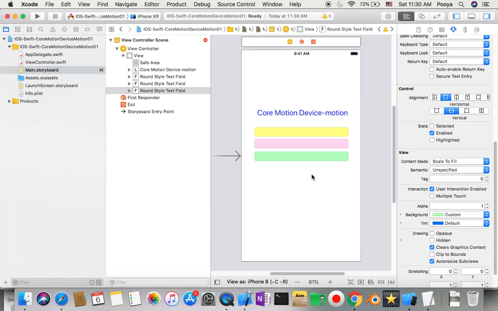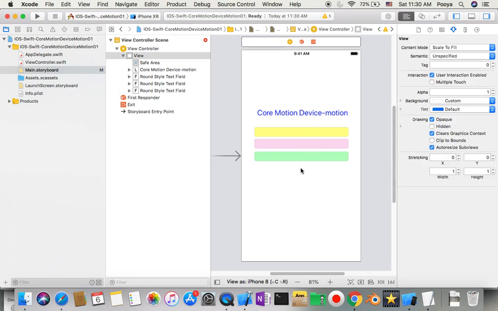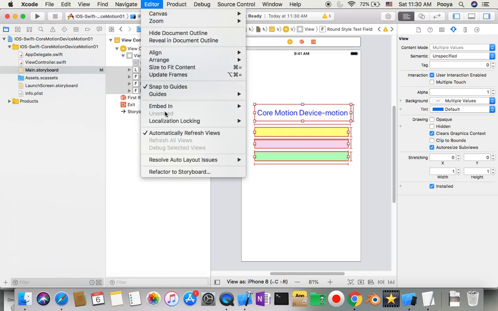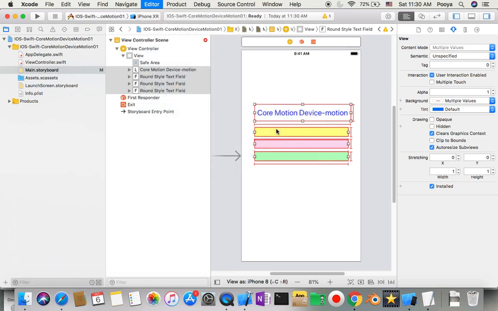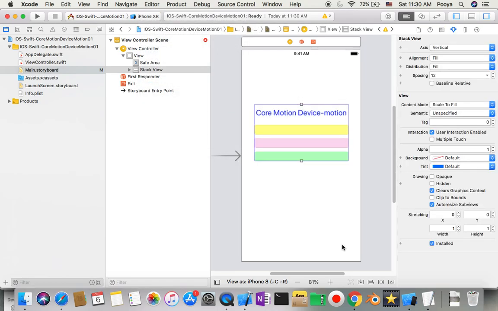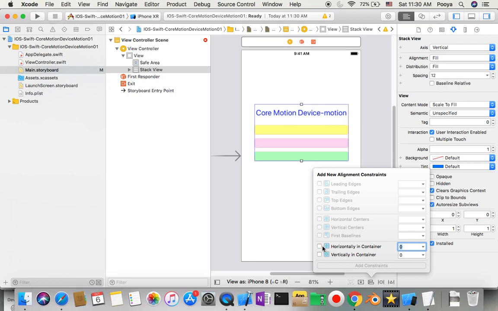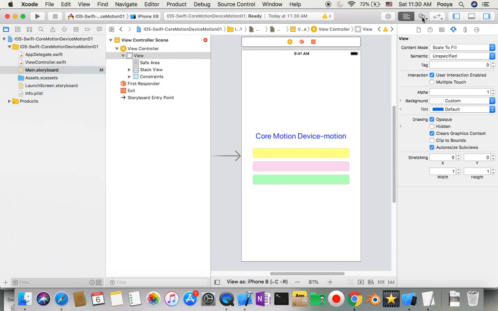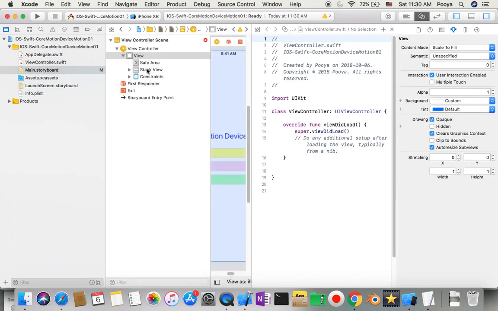Okay, now I select all of these four items, and I say Editor, Embed in StackView. So I make all of them in one StackView, and now I make my StackView horizontally and vertically centered. And now I need to open the Assistant Editor and connect these